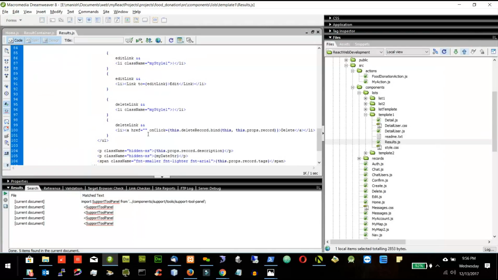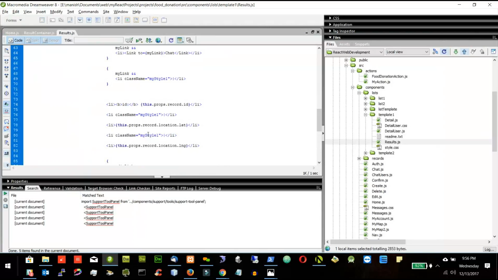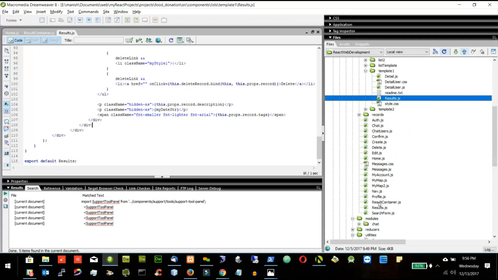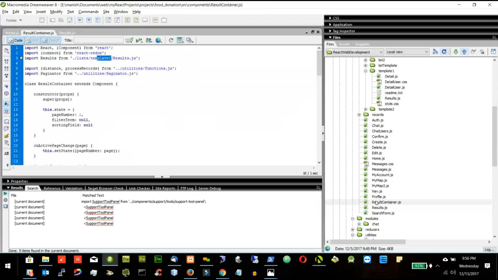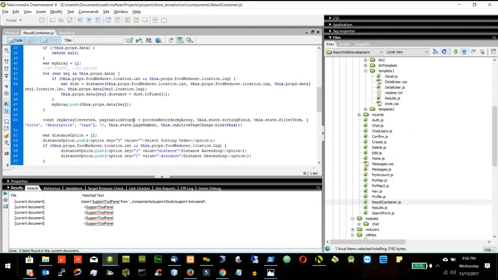And there is one more thing. When we delete a record, we have to... I'll show you. So if I go to the results container, you will see I have used,